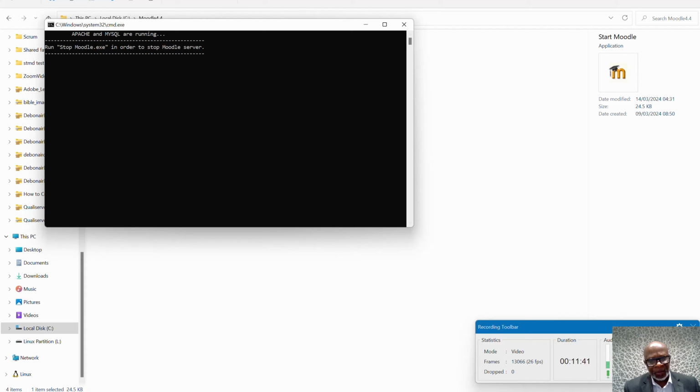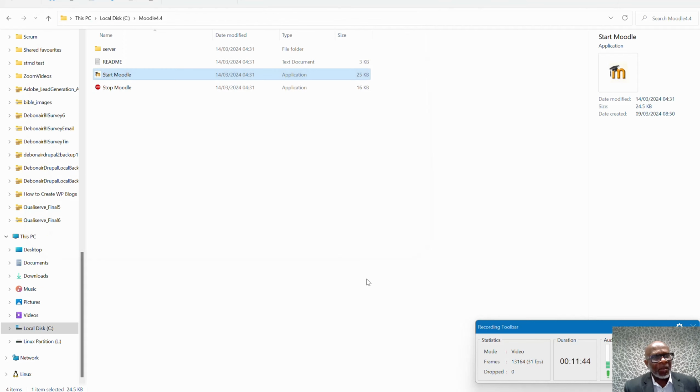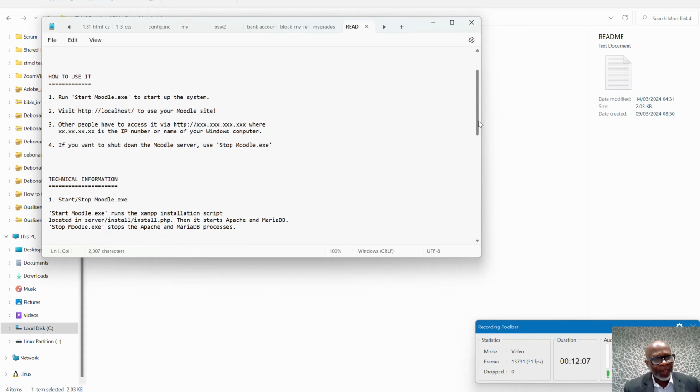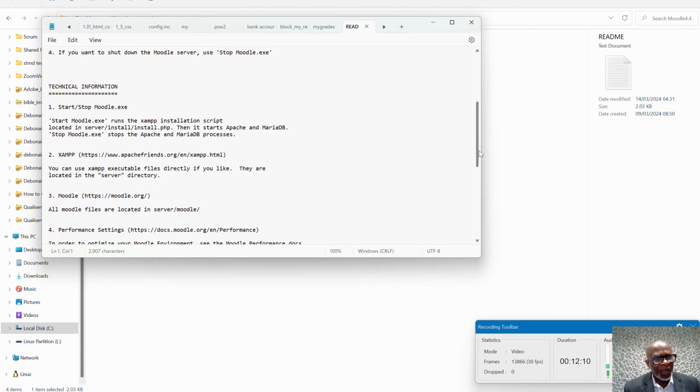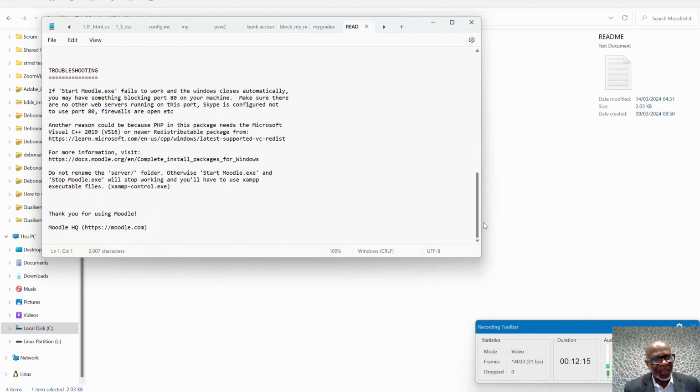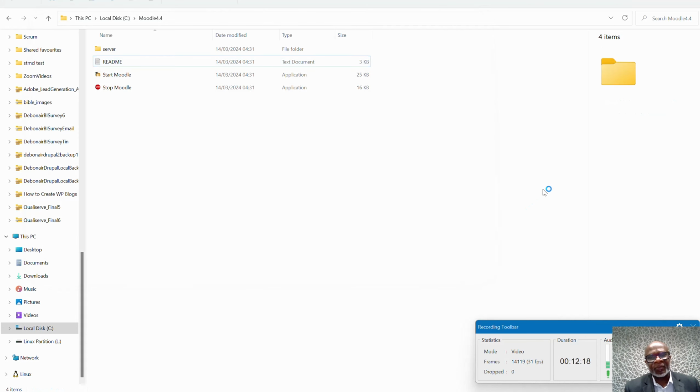All you need to do now is go to your browser. Perhaps what I should have done is tell you to click on here, the readme, which has all the instructions. So all you need to do is go to localhost, or go to your IP address. You've got more information here, which you should read, performance-wise, technical requirements, etc. So go to your localhost,